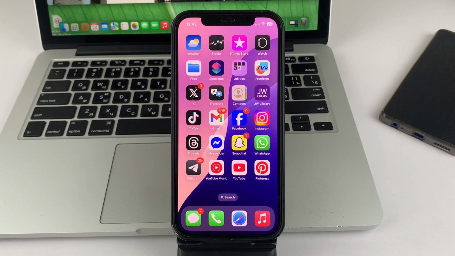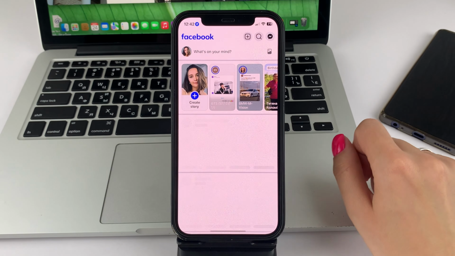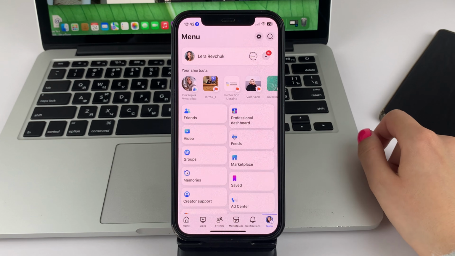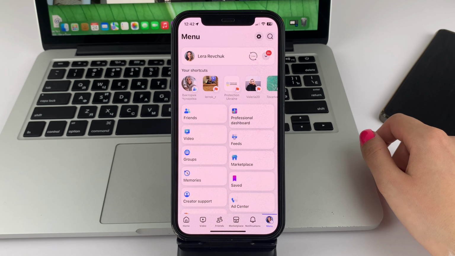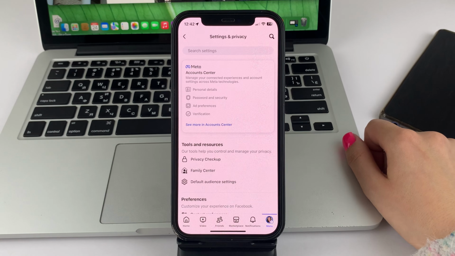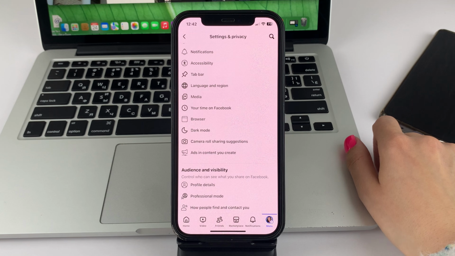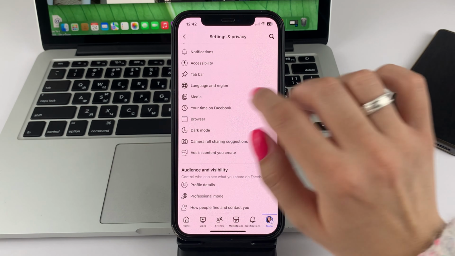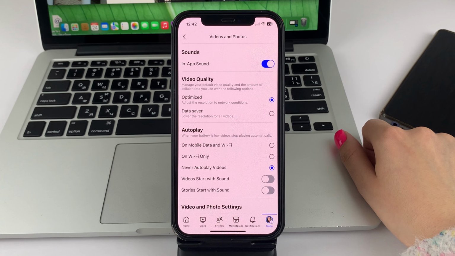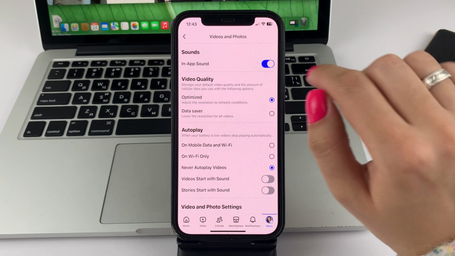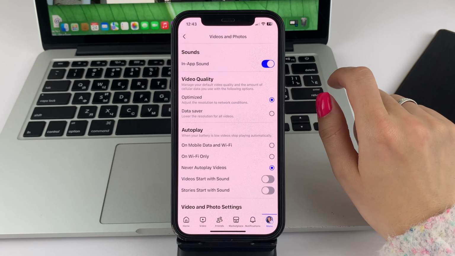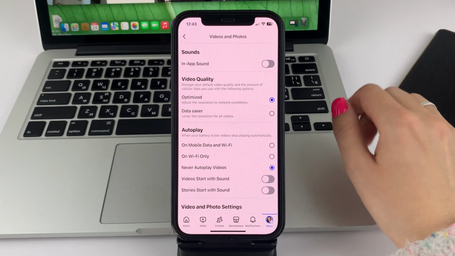So let's go ahead and get started. It's actually very easy to disable sounds in the Facebook app. To do that, please open the app itself on your device, and then go to the menu section at the bottom. Next, you'll need to tap on the gear at the top. And then please scroll down a little bit to the bottom of the settings. Find the option called Media. Click on that. And now the only thing you'll need to do is turn off the top button. So the sounds in the Facebook app will no longer bother you.